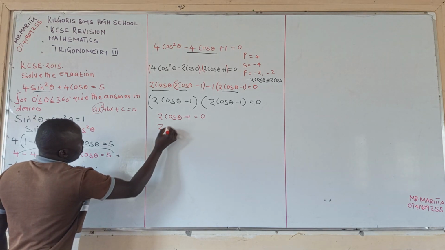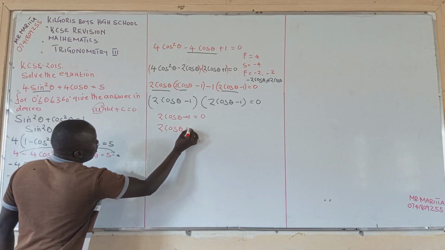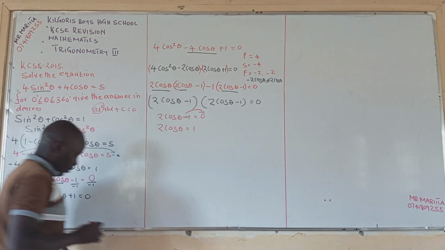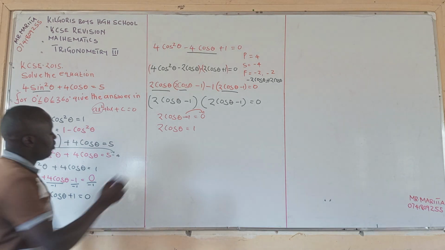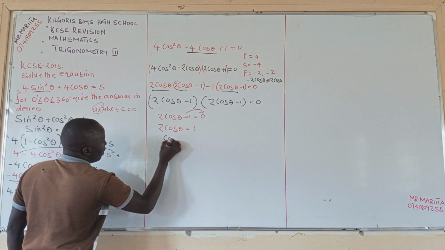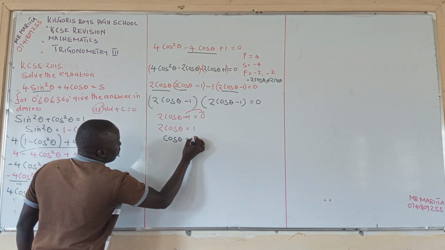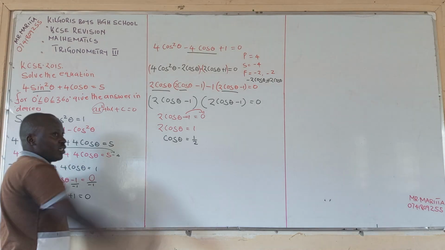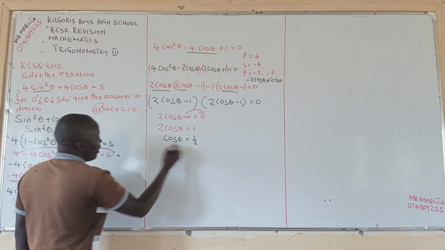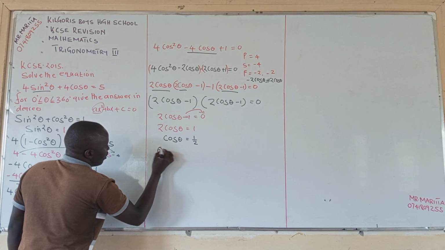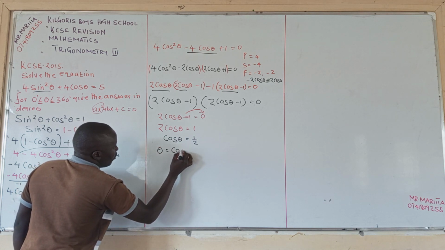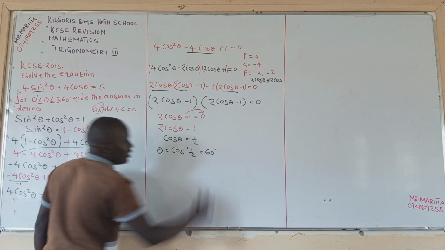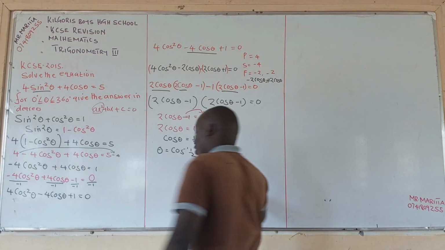So we have 2 cos theta is equal to 1. Once we take 1 on this side, which is a negative, it will be changed to a positive. Dividing by 2 on both sides, you will have that cos theta is equal to a half. If cos theta is equal to a half, the value of theta will be equivalent to the cos inverse of a half, which is of course giving us 60 degrees. But now this is not